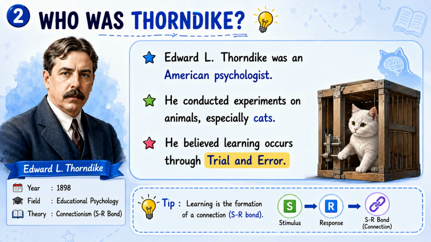Thorndike believed that learning occurs through trial and error. In other words, when we try different methods, we make different mistakes and finally discover the correct response, and then learning happens. Another important point to remember for your B.Ed exam is connectionism theory, also called the stimulus response or SR bond theory. According to him, learning is nothing but forming a strong connection between a stimulus and the correct